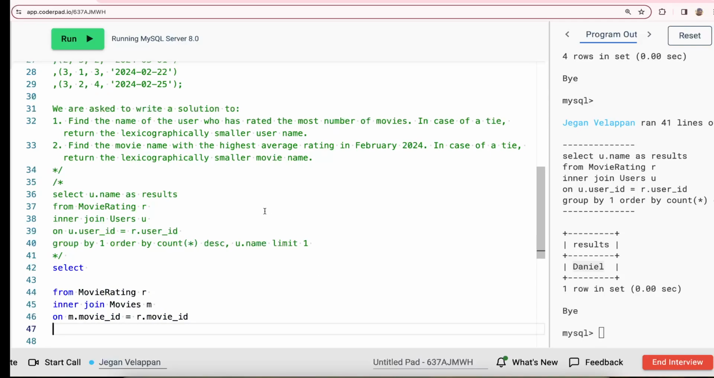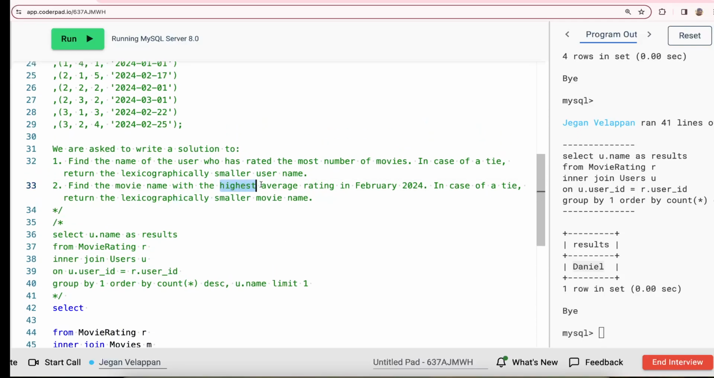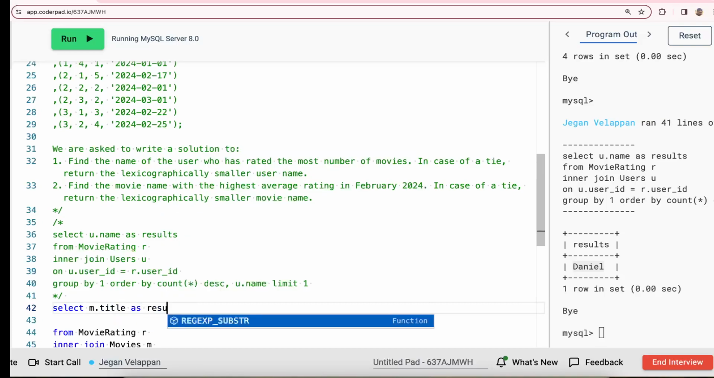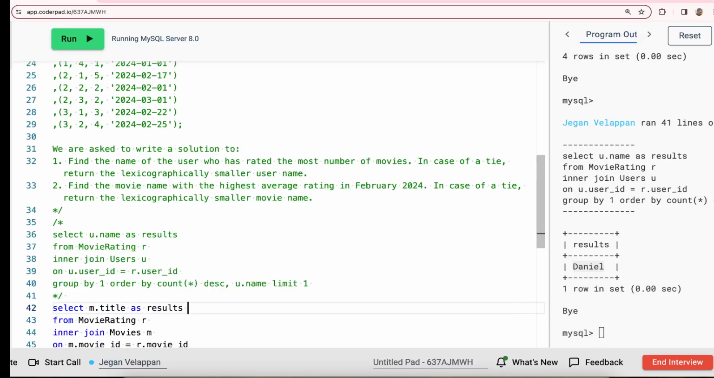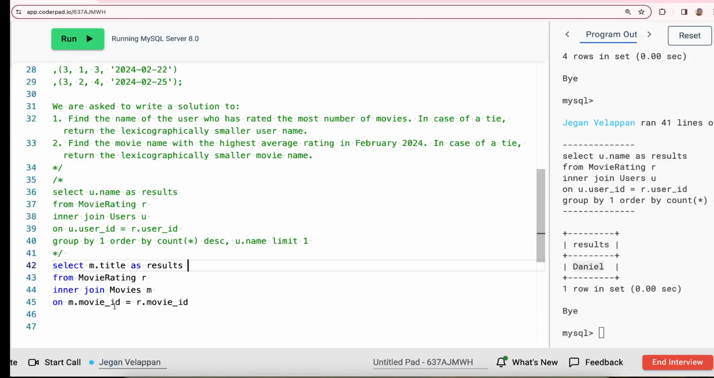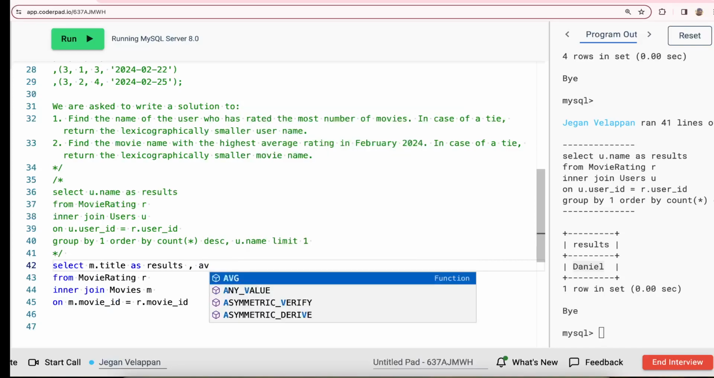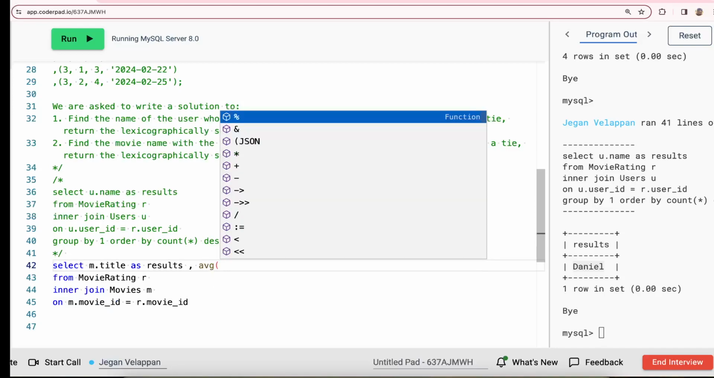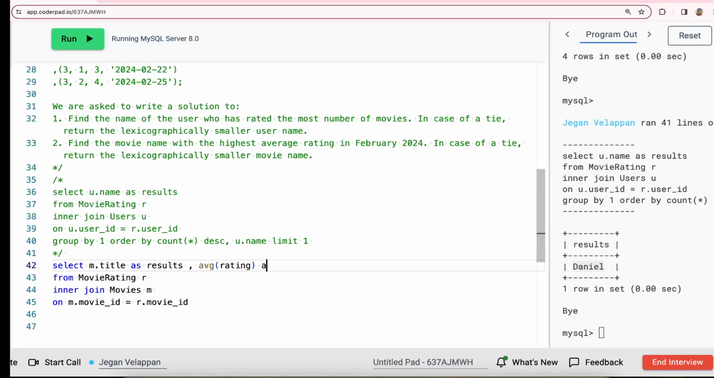So here what we have to find? We have to find the highest average rating in February 2024. So what we have to do? We have to get the movie title, m dot title as results. From this combination, I have to get the average rating. So we say average of rating as